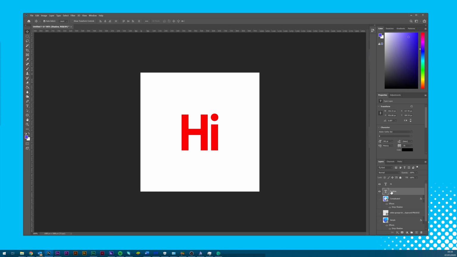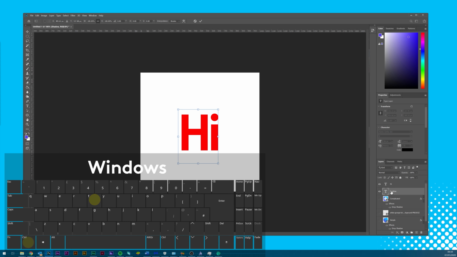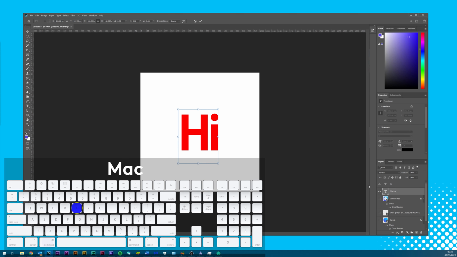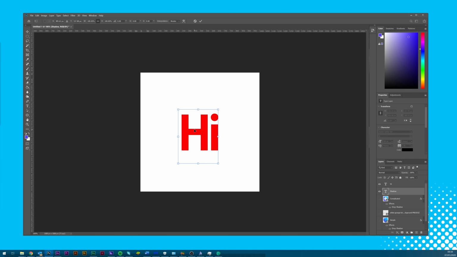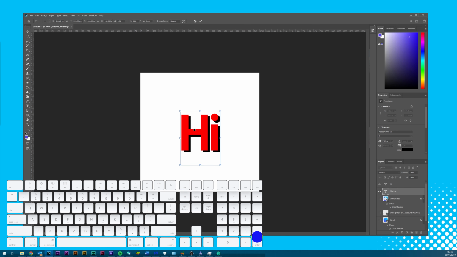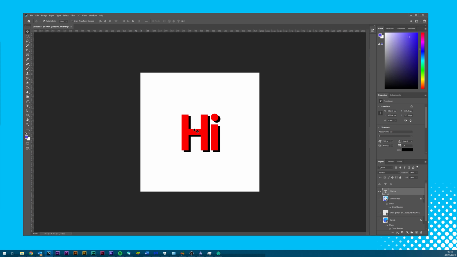With our Shadow layer selected, we'll press Ctrl or Command-T to enable Free Transform. That brings up the blue control box around the layer that allows you to move it using the directional keys. As you can see, it moves pretty slowly, so you can also hold the Shift button to make the movements larger. Now we're in a position to manipulate the shadow however we want, so find a suitable place and anchor the object by pressing the Enter button. It looks quite good the way it is now, but further editing may be required for the shadow to appear authentic in context.